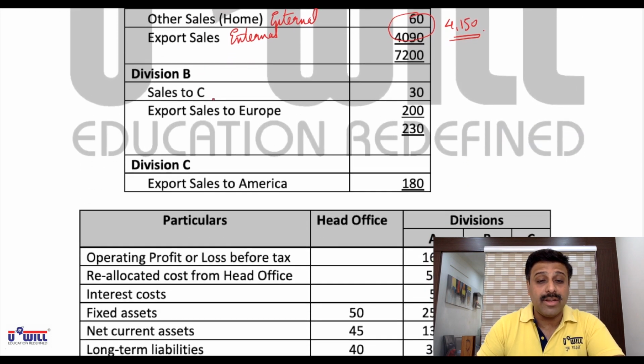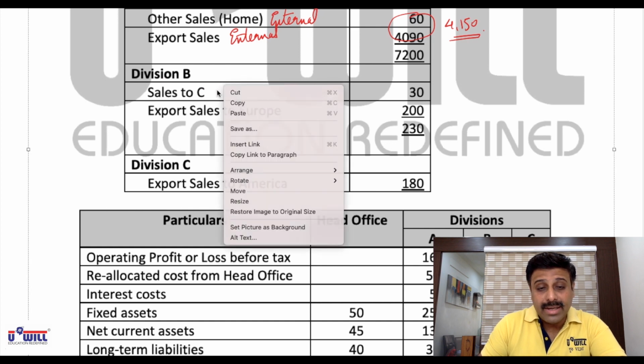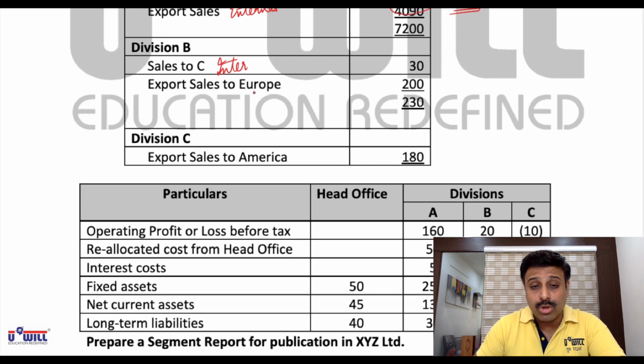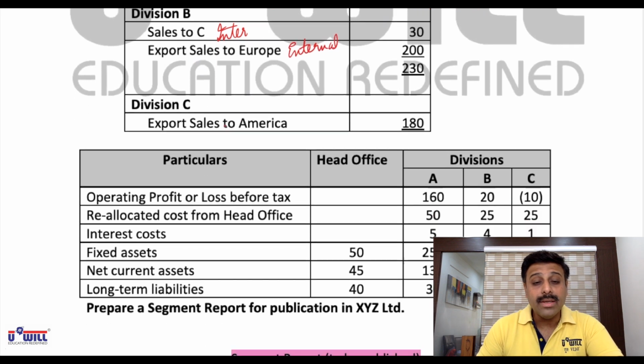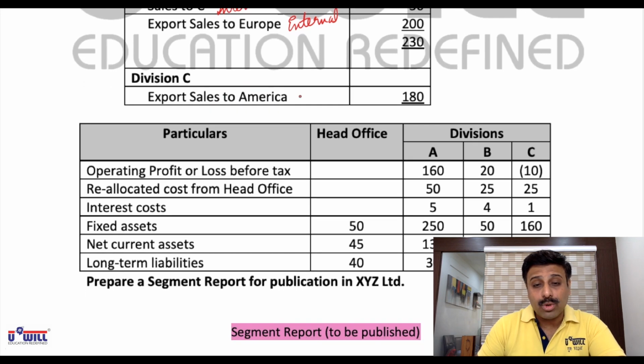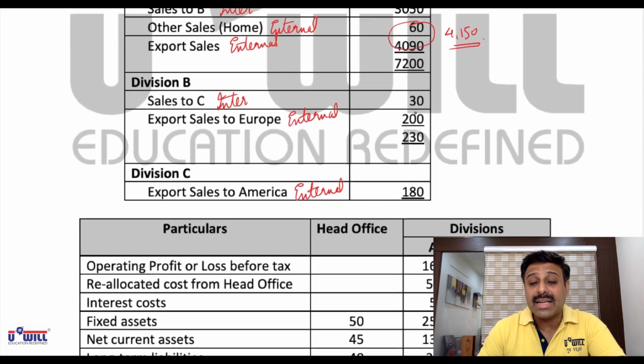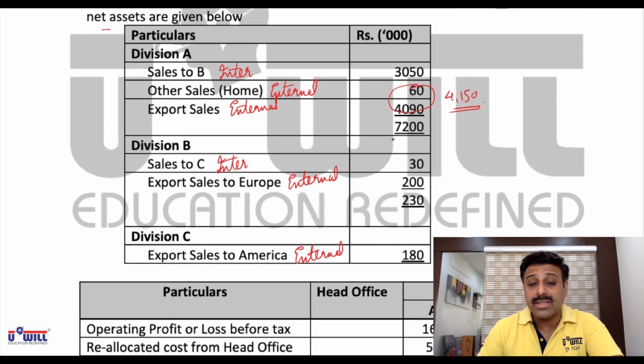Sales means segment revenue. In the same way, whatever division B is selling to C will be inter-segment revenue. Whatever it is selling as export sales to Europe will be external revenue. Division C has only export sales to America, so that will be external revenue. Now, operating profit or losses before tax are directly given. Because operating profit or loss before tax is given, expense will be the difference. For example,